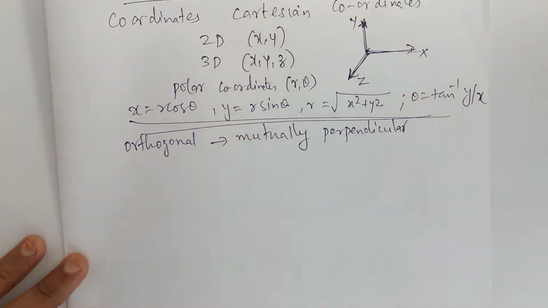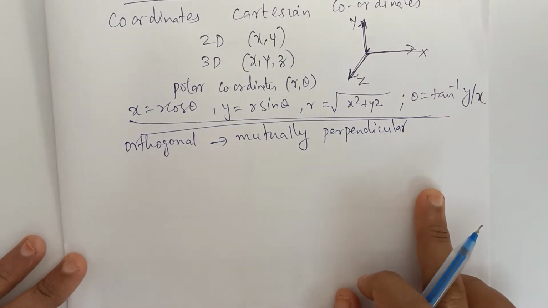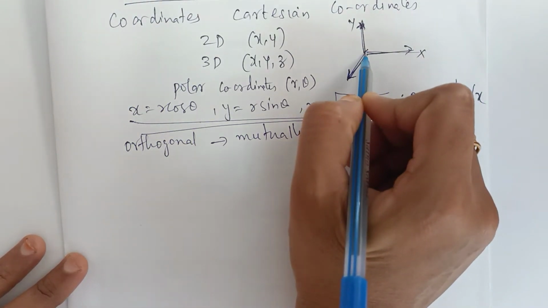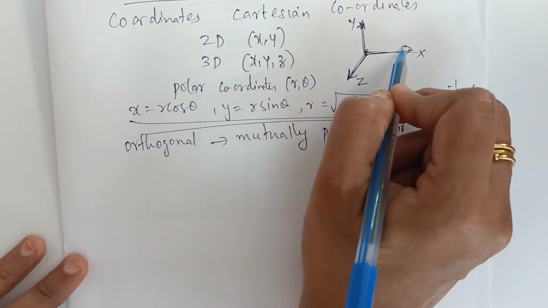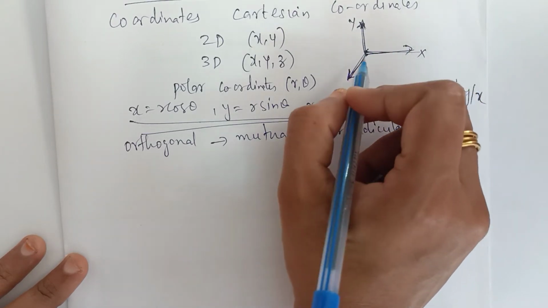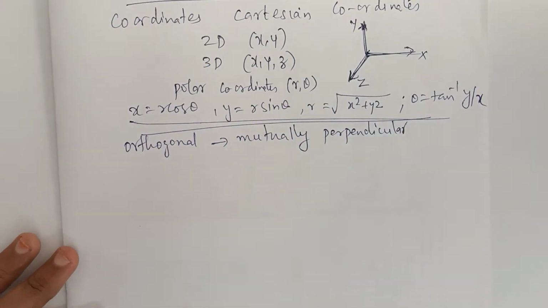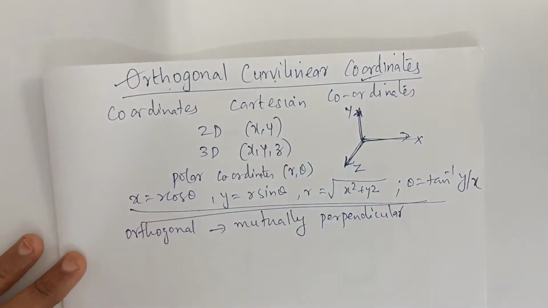And now, we can say in the Cartesian coordinates, when their intersection is mutually perpendicular, that in the planes x is constant, y is constant, or z is constant. So that means the coordinates are orthogonal.